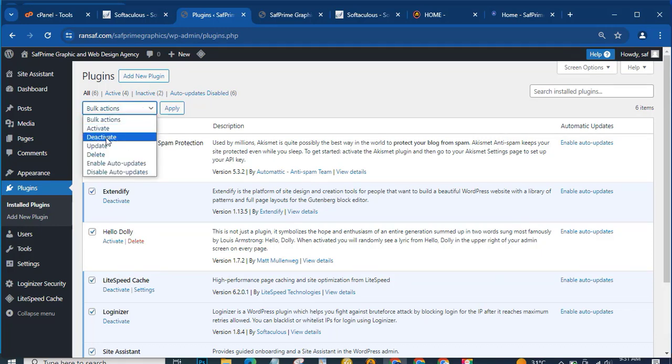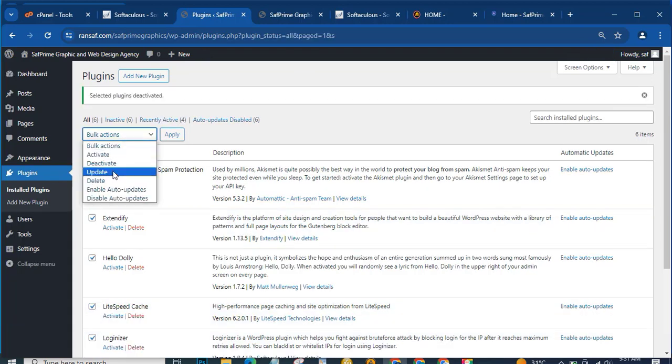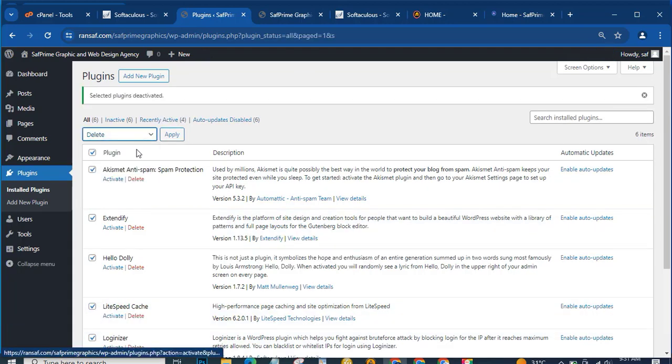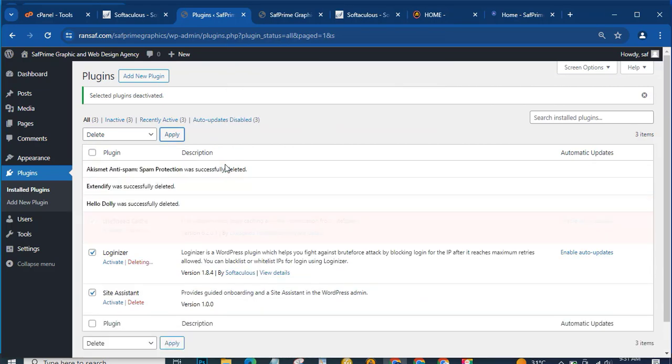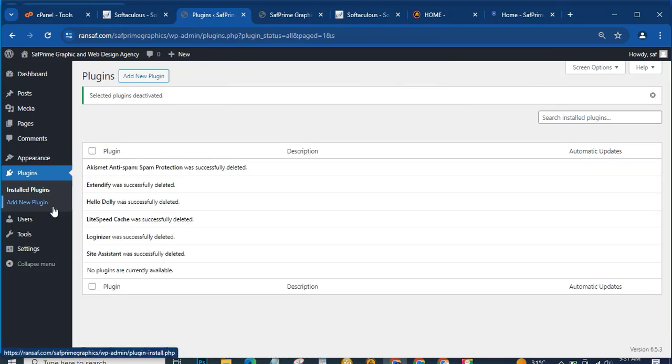Let's deactivate them first. Then you select all and delete, so that when you install your own, you have the freedom to install them and nothing will disturb you. Good. So now everything is gone. We don't have anything. In the next session, we are going to bring in our theme and look at the plugins that will help us build a very nice